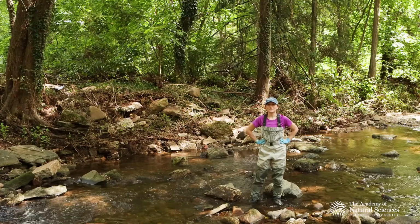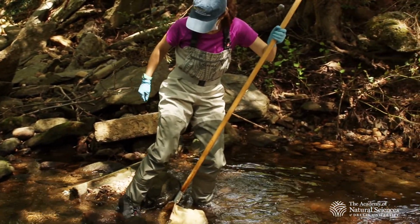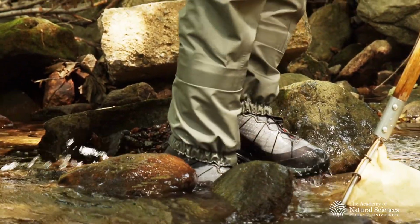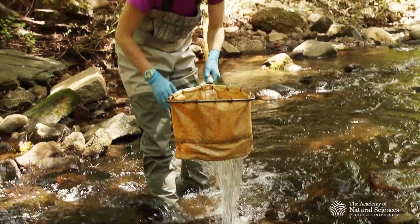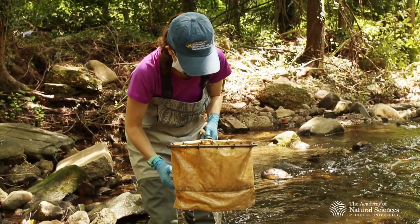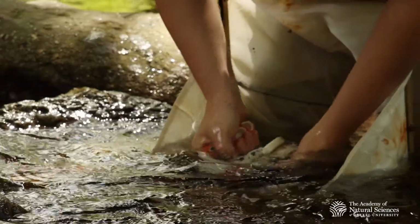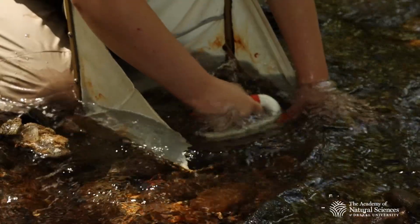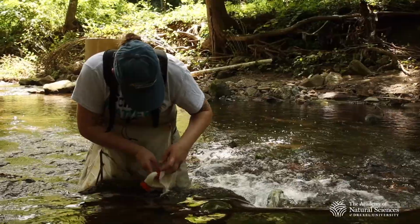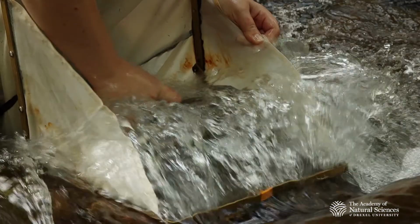Depending on the study that we're doing, there's so many different ways that we can sample. So we use a kick sampler, which is the net, and that is primarily used to do qualitative assessments. So it means I can pull from almost anywhere where you see riffles like here, where the water's moving fast. I can do pool areas of the stream. Whereas Tanya is using the Surber sampler, and the Surber sampler is used for quantitative assessments where there's an actual square area that she's pulling from, so we can tell basically the density, how many macroinvertebrates can we